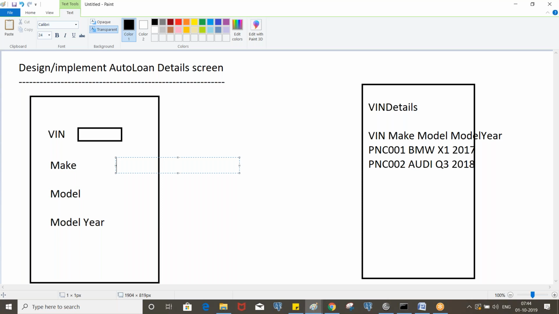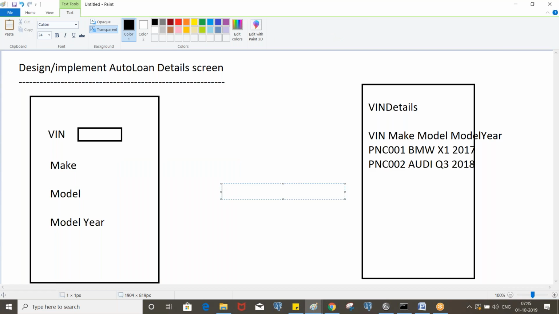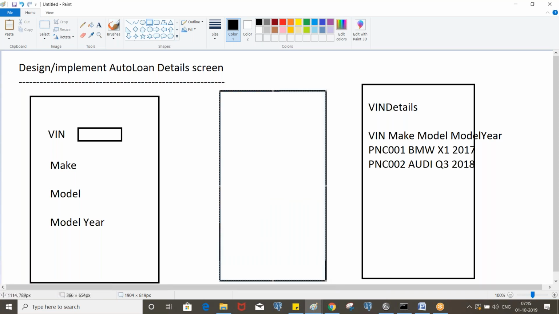Okay, clear. So whatever VIN we select, on which page of the clipboard will that property usually be available? Let's say we selected PNC 001 from the drop down. Where will that property be available?